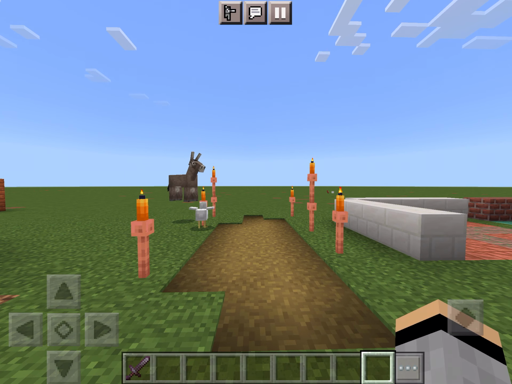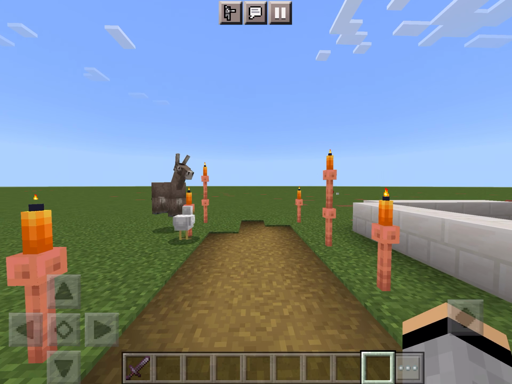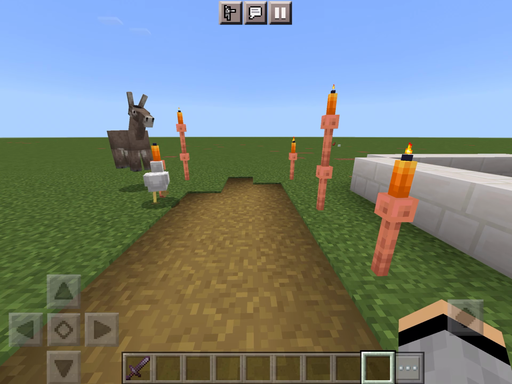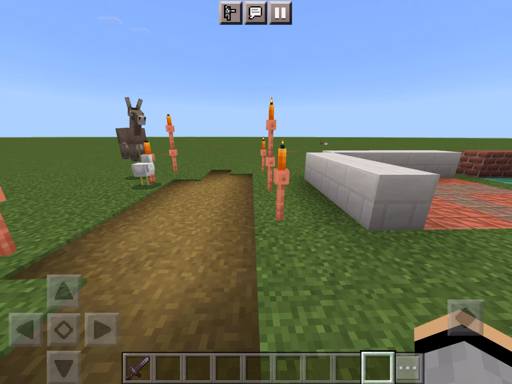Next, maybe you've seen this before, I don't know, but what you can do with the lightning rods is make these little totem poles. I made a totem pole technique in the last video, but it wasn't with lightning rods. It was with putting the brown candles on top of the